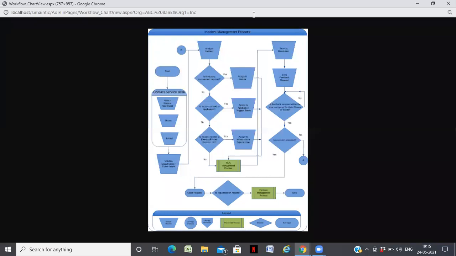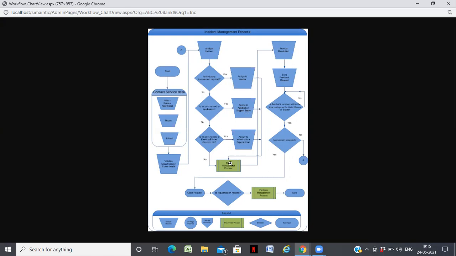See here, you can raise the ticket through the web or through phone or email. The tickets go to the central help desk, who validates the classification of tickets and routes it to the right team. The incidents are first analyzed. If it requires a third-party intervention, it is assigned to a vendor. If it is related to application, it is assigned to the application support team. Or if it is related to desktop or server, it is assigned to the infrastructure support team.